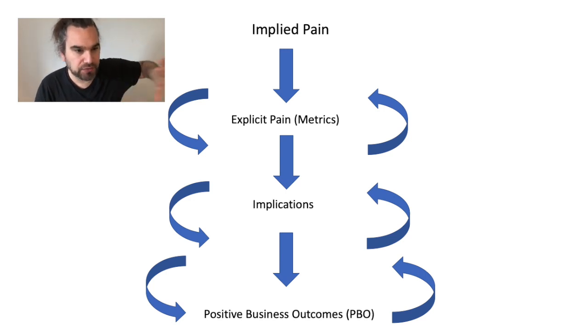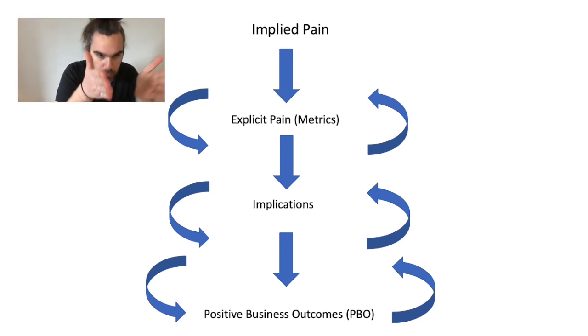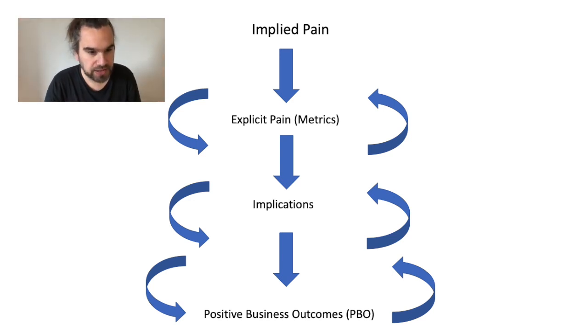We call this away from pain. So this is actually the prize as opposed to the pain, or the positive outcome if you get this part right. And again, don't think of this as linear. You don't go implied pain, explicit pain, implications, and then PBO, or positive business outcome. This is another tool in your tool belt. So let's give an example of all four of these things all the way through, and how we can create a funnel, go all the way down the funnel, and then pre-close on that funnel at the end.